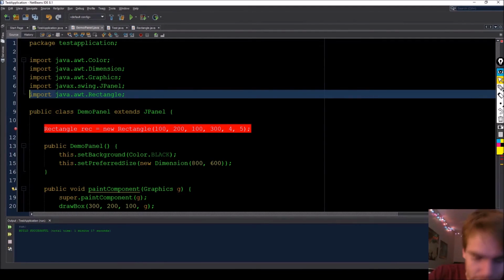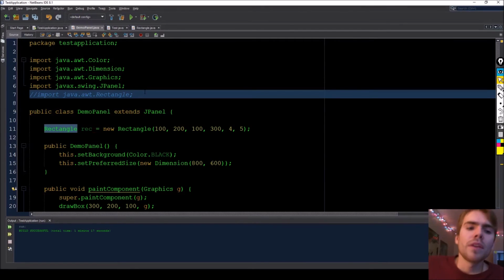So I'm going to comment this. But what this rectangle object that you can import has is the ability to decide whether two rectangles are intersecting. This takes different parameters and it makes a little rectangle, and you don't see it anywhere on the screen,